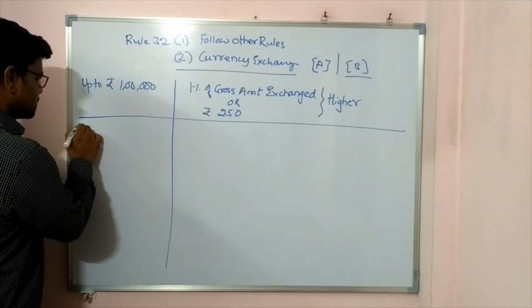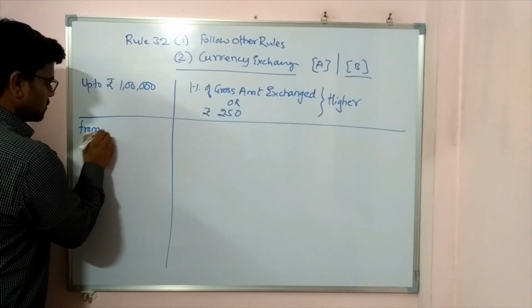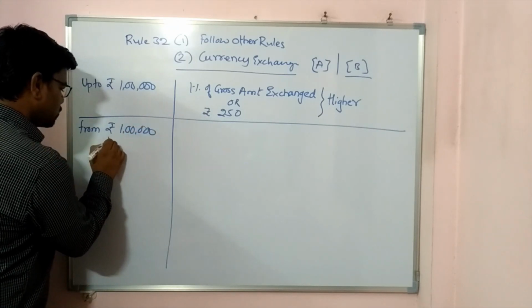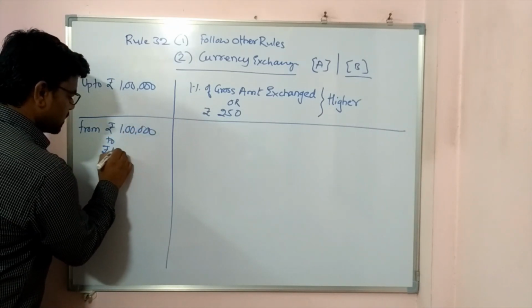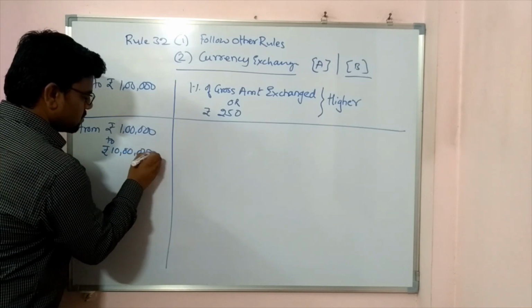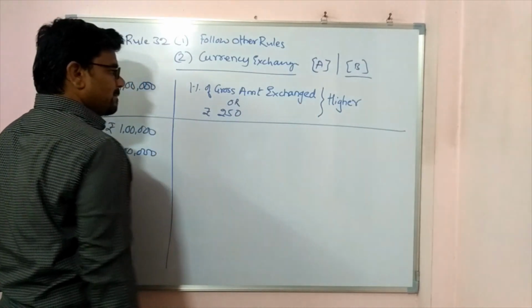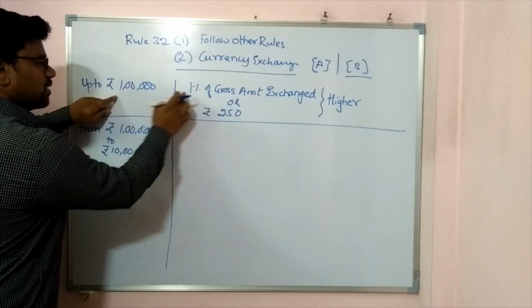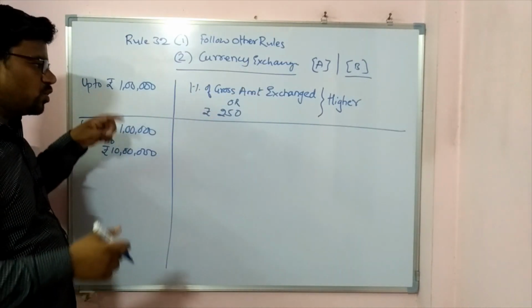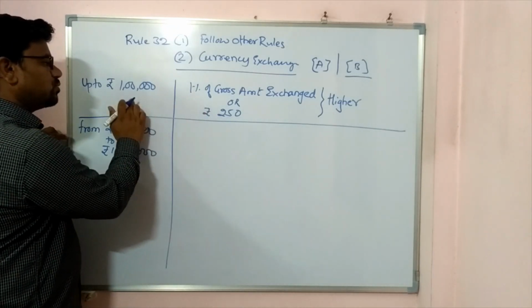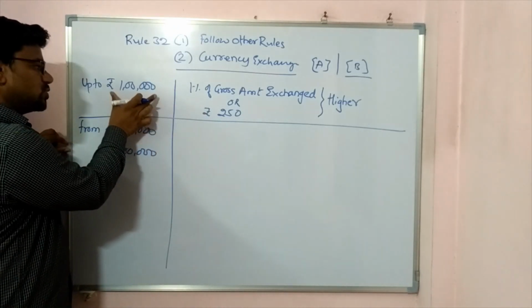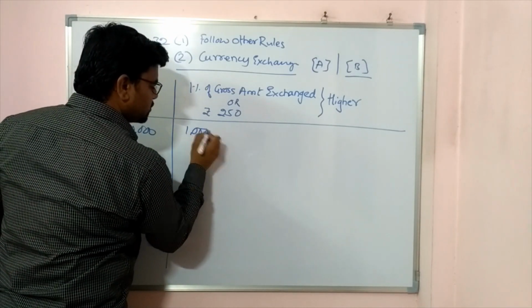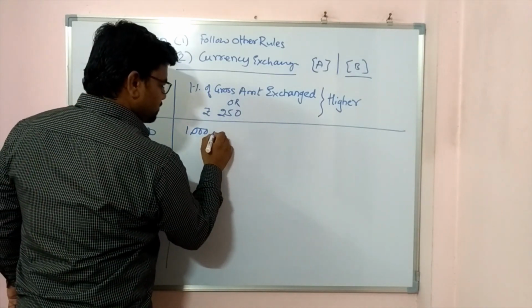Second part is from rupees 1 lakh to rupees 10 lakh. Now how do you calculate this? How do you remember this? 1% of gross amount exchanged. What can be maximum up to 1 lakh rupee? 1 lakh itself, right? So 1 lakh of 1%, you will get 1000 rupees plus